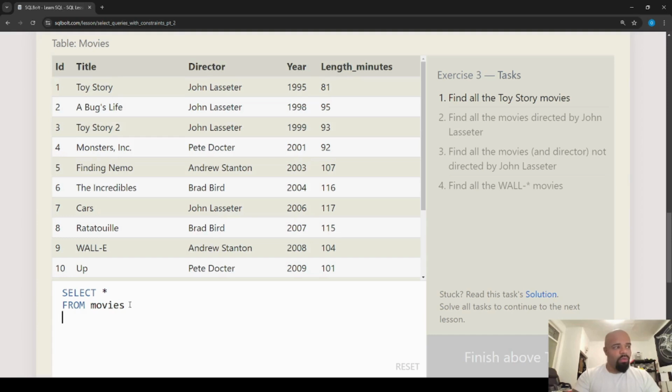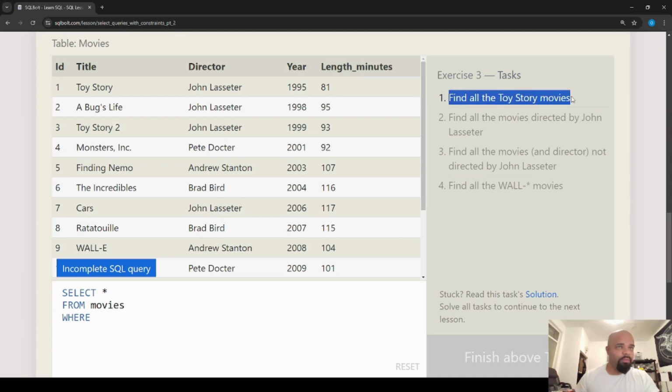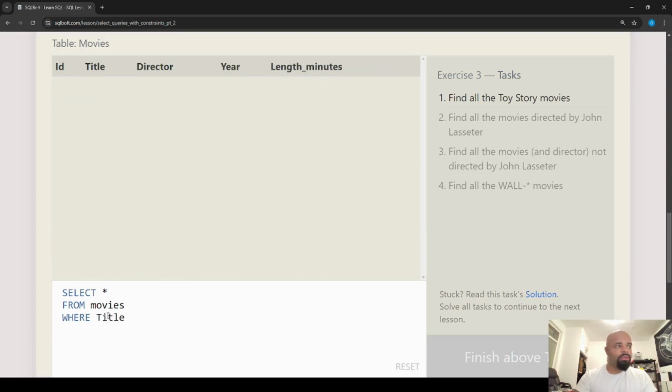And where, on all Toy Story movies, all the Toy Story movies. Boom. Okay, so where, and remember, what column are we looking at? That's right, it will be title. So where title,